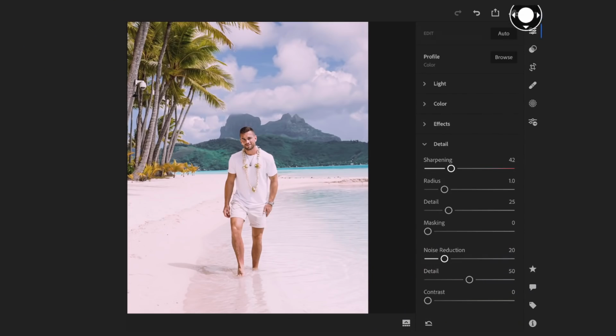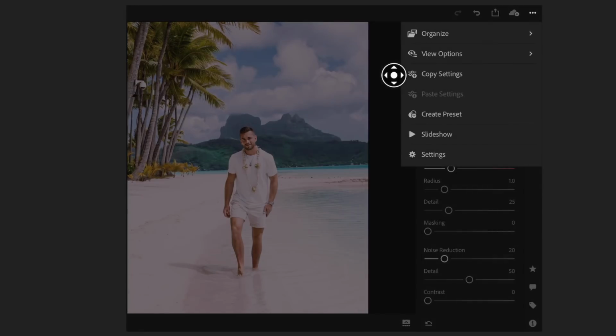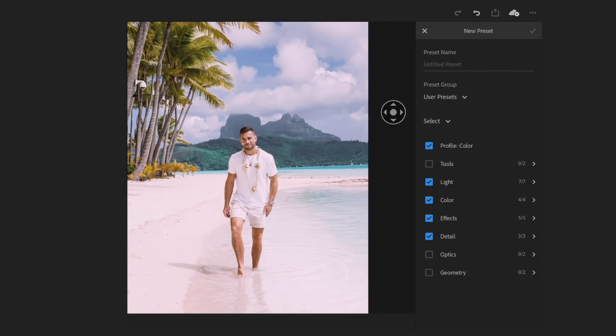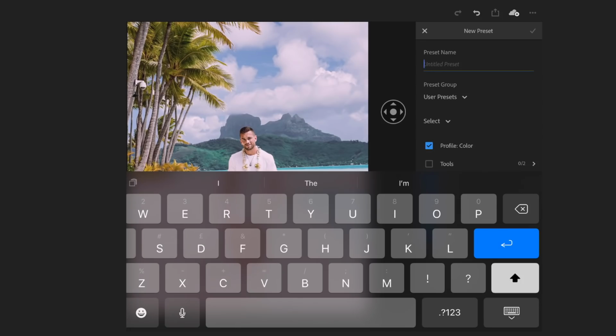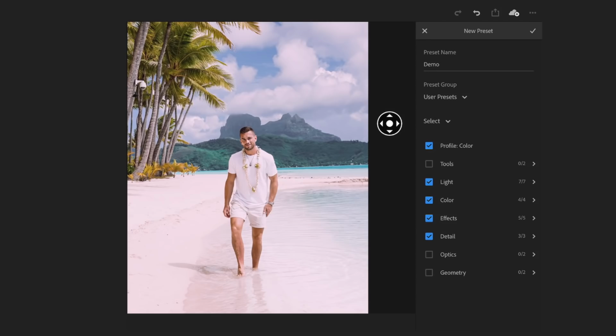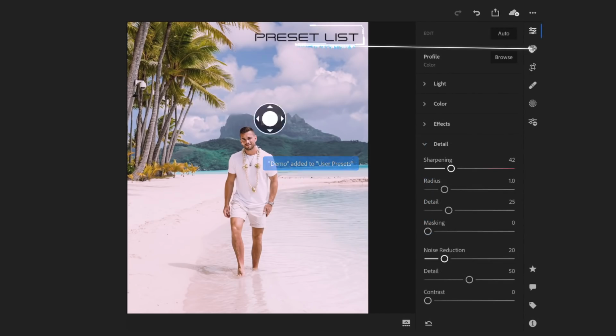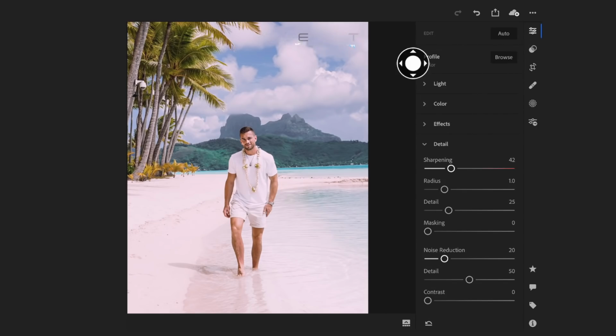Just quickly before we do sign off, I just want to show you how to save your current edit as a preset. So if we quickly jump back into the iPad and we come over to this section here where the three dots are at the top, and it will say create preset. So we'll create this preset. And if we do use a title and we do demo, just leave this as it is, and then we will do a tick on the top corner, and then that has now saved this preset in my preset list